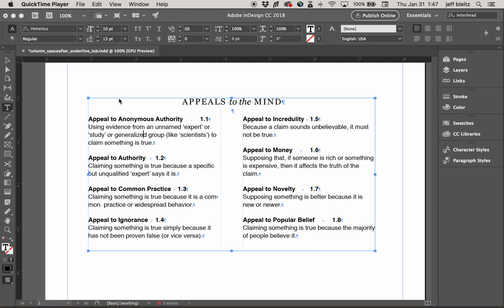When I'm working with my tabs or applying my tabs, I want to make sure I've first figured out whether I'm using a single column or multiple columns, because if I go from one column to two column after I've set my tabs, it can be a little unruly and it's harder to untangle. But for starters, if I have my text box selected and if I have the type tool selected, then I